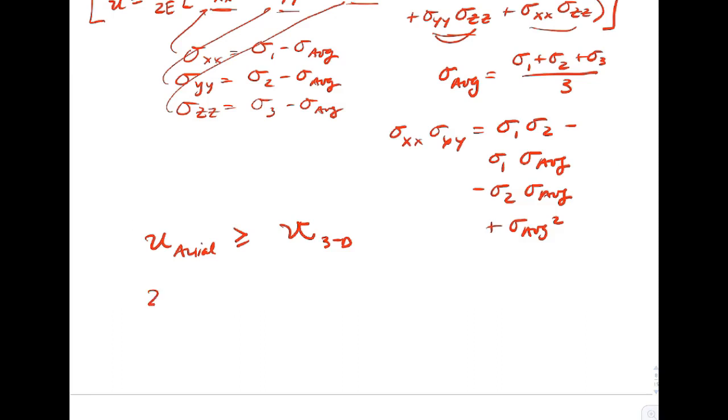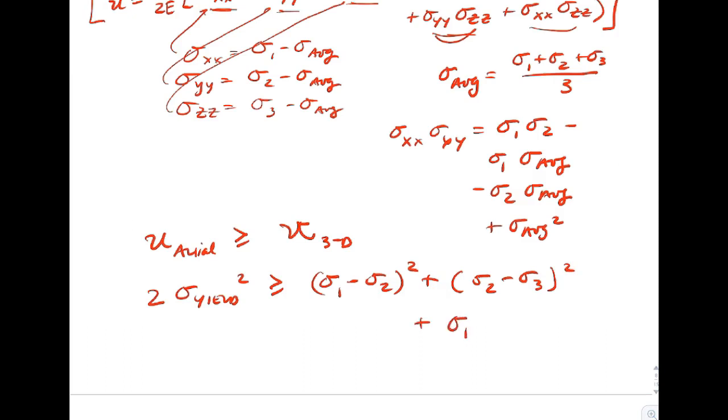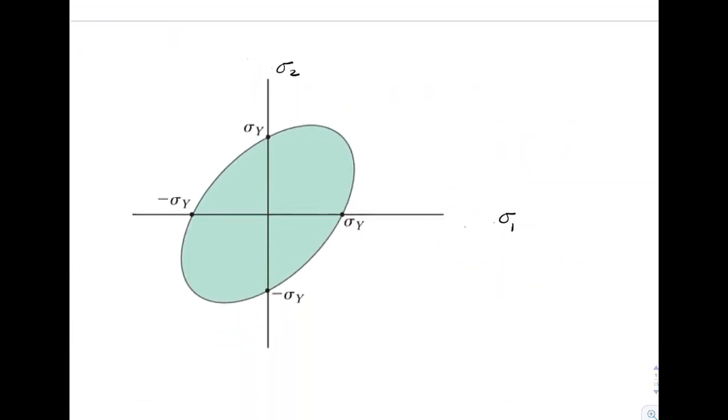We'd end up with 2 times sigma yield squared greater than sigma 1 minus sigma 2 quantity squared plus sigma 2 minus sigma 3 quantity squared plus sigma 1 minus sigma 3 quantity squared. So that's derived what the von Mises yield criteria looks like. So here would be a picture of it for a plane stress